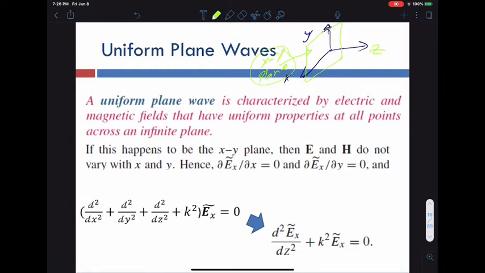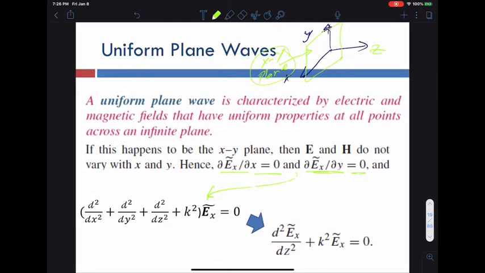So that means the value of E or H wave does not change on that plane. What does that mean? If you take the derivative with respect to x or with respect to y, that should be zero, right? Because they don't change. The same property everywhere. So if I apply that over here,